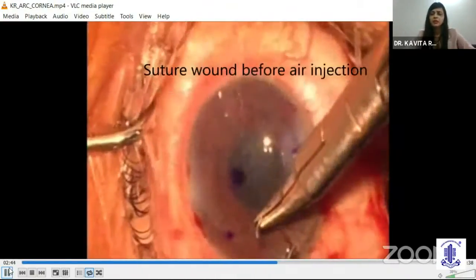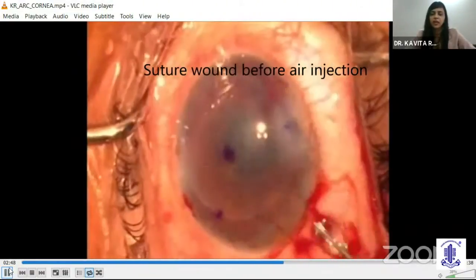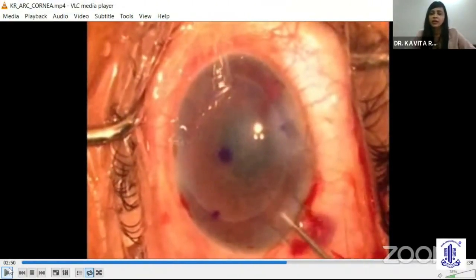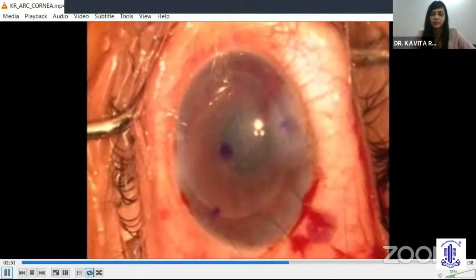The important tip here is that before you're injecting saline, injecting air, anything, please make sure that you are taking sutures, because even if you have a very small incision, I've suffered the hard way where it was just a 3.2 mm incision, and I injected saline, and the entire corneal disc just comes rushing out. It's a complete disaster. Here you can see I'm injecting a little bit of saline because it just helps to float the disc out.